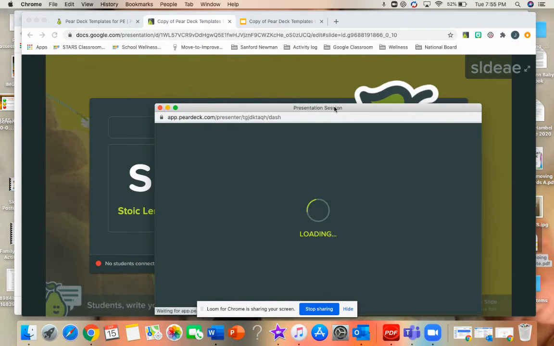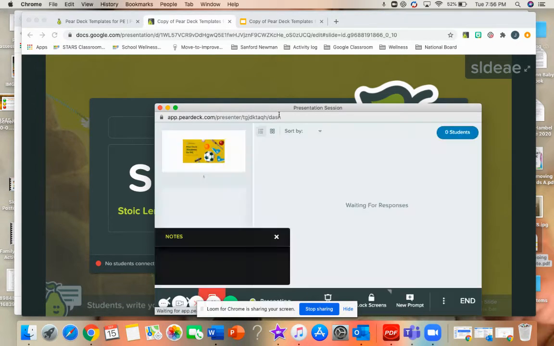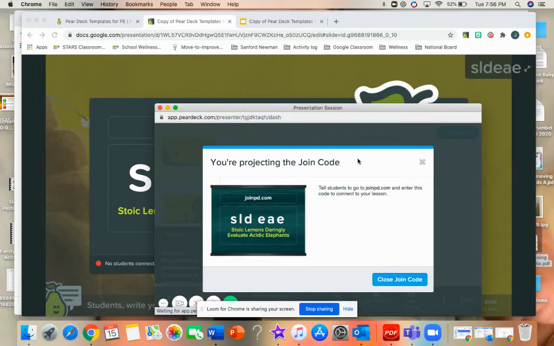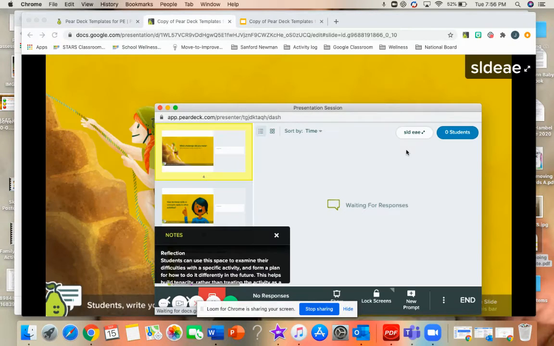You may not be able to see it right now, but what will pop up is a couple of different ways to join. You could join with the projecting code. There's a couple different ways to do it. If you have it, it'll pop up where